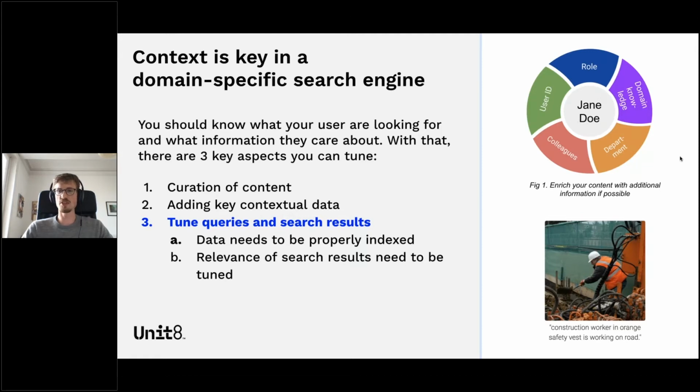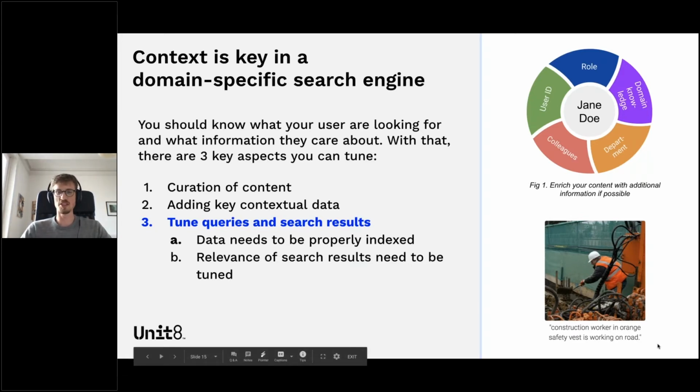In addition to using existing data that you may have, you can also add some data that you generate yourself. So imagine if you have some bestseller items, you can look at the sales figures and label as bestseller maybe the products that you're selling the most. And if people are searching for bestsellers, then they would be able to find them easily. Or if your data contains images, you can use some fancy machine learning algorithm to create captions for these images and index that as well. So this is something very useful to do.